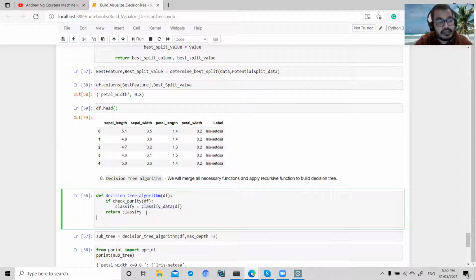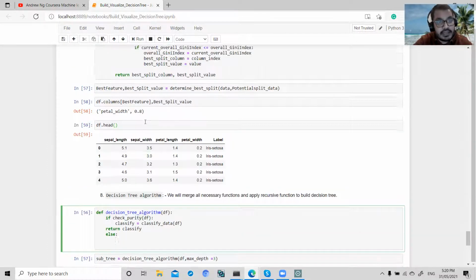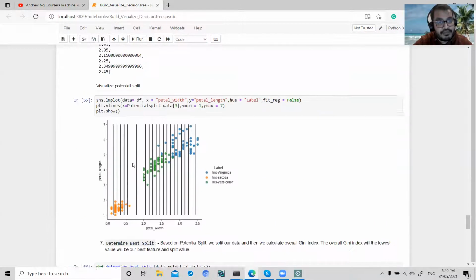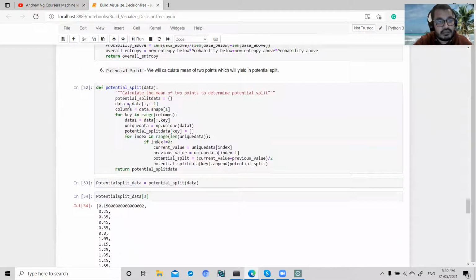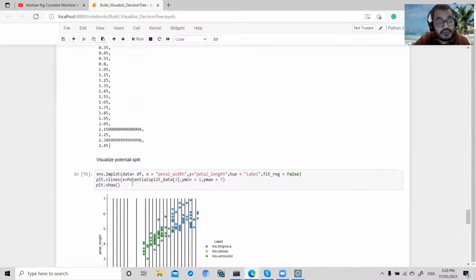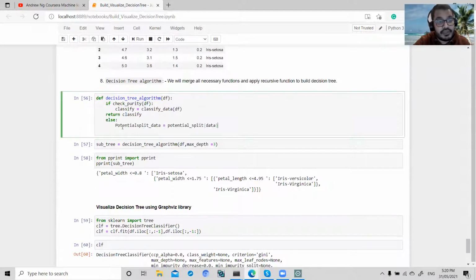in my dependent variable. Else, otherwise, if I have something to split, then I will do a potential split. Potential split is nothing, just taking the average of two values, taking the mean of two values. So if my node is a leaf node, then I simply check my impurity. I only have one node, so I will return that node. If I have multiple things to classify,